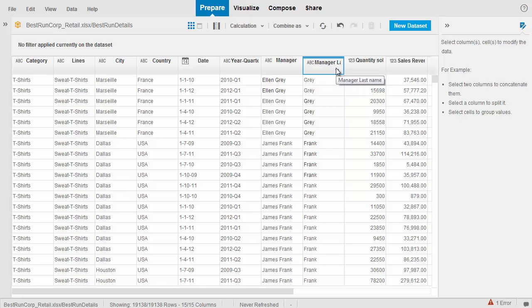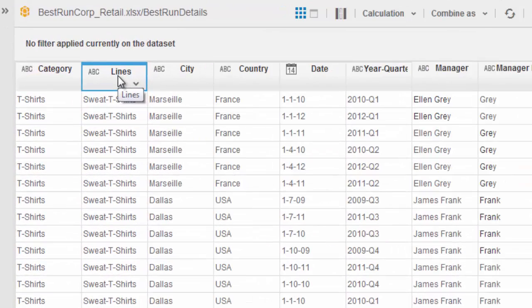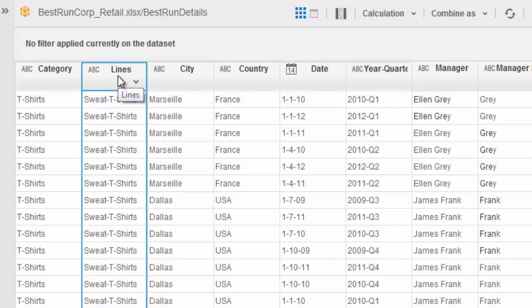So we can also perform data manipulation operations on individual cells rather than entire columns. And to show that, let's perform an operation on the lines dimension here, and I'll click on that. And instead of clicking on the entire column as is done right now, let's say I want to change just the occurrences of sweat t-shirts so that the T in the middle is a small t instead of a large T. So I click on sweat t-shirts,